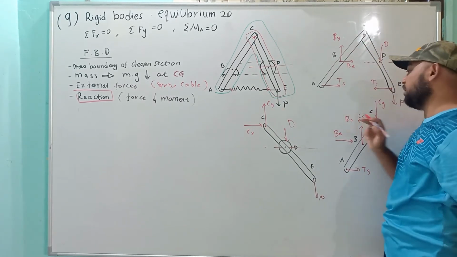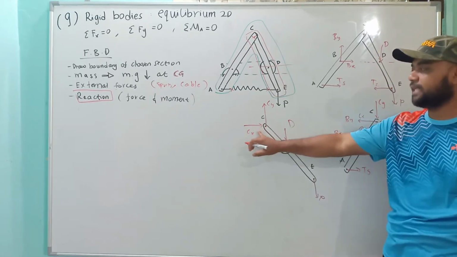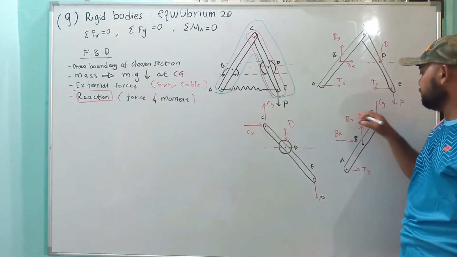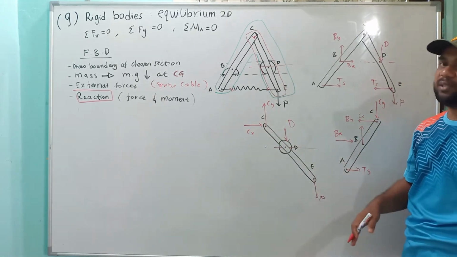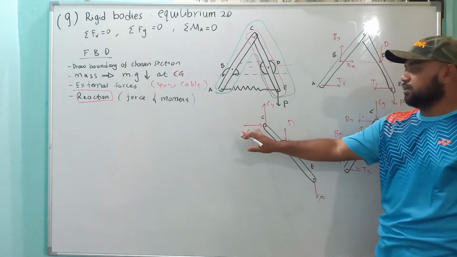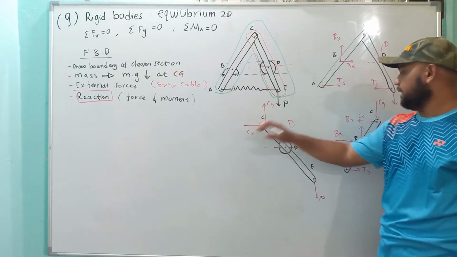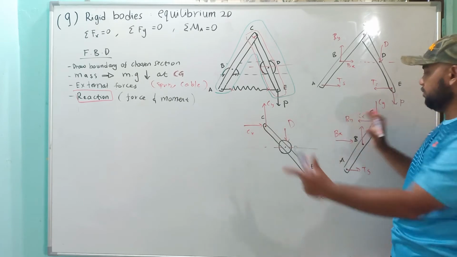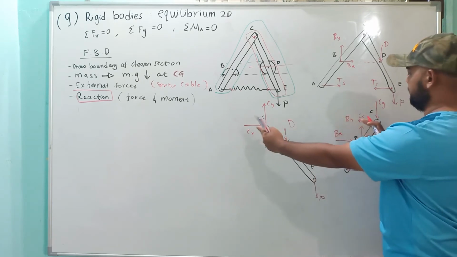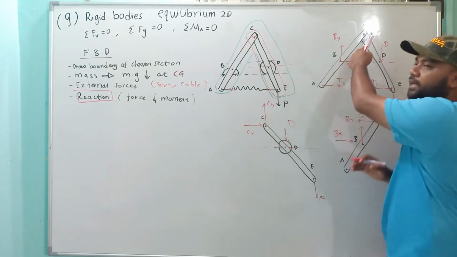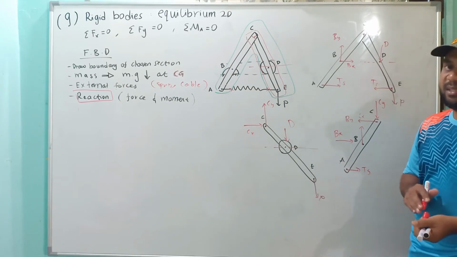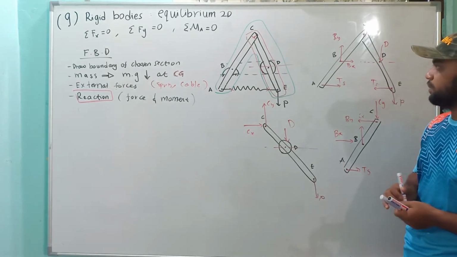That's also why it's important for you to show the direction. If you don't show the direction, I will surely cut your mark. So show this direction. And this one will be opposite of this one. If you put them back together, they will cancel out. Here there will be nothing. There will be zero. Okay, that's for the free body diagram.